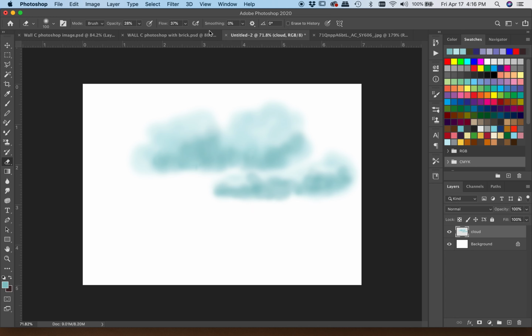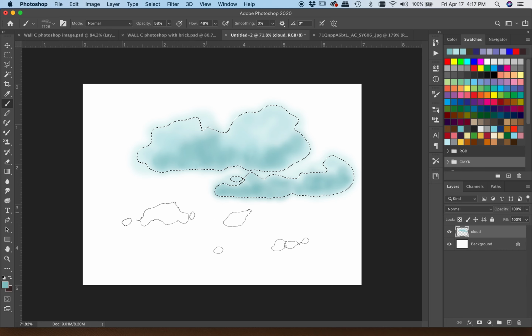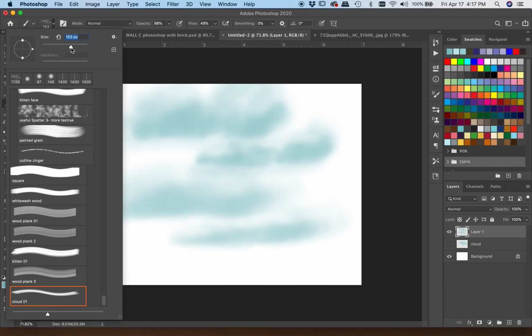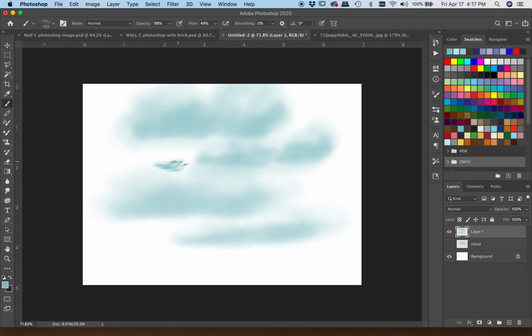And if I'm outside of the selection, so let's turn this layer off, create a new layer, deselect, so that you can see this happen. And because I have the opacity turned way down, and by changing the size, adjusting the size here and there, you can